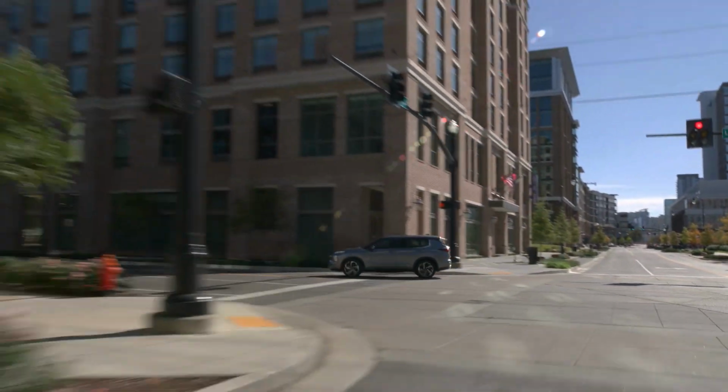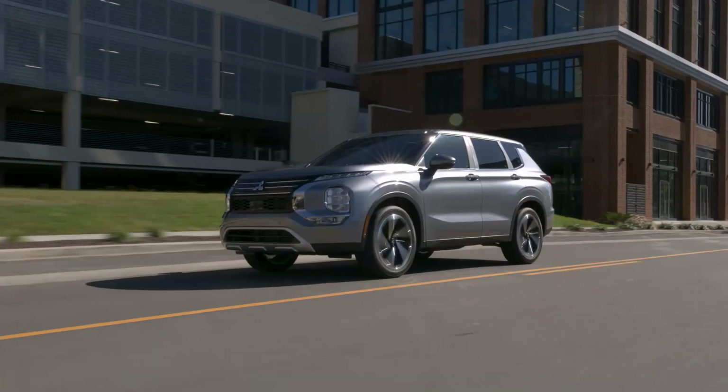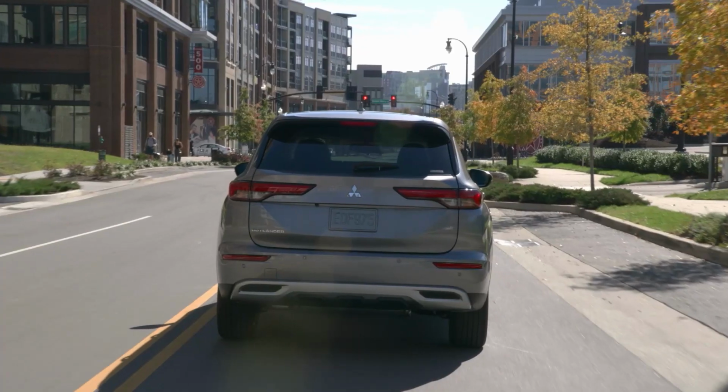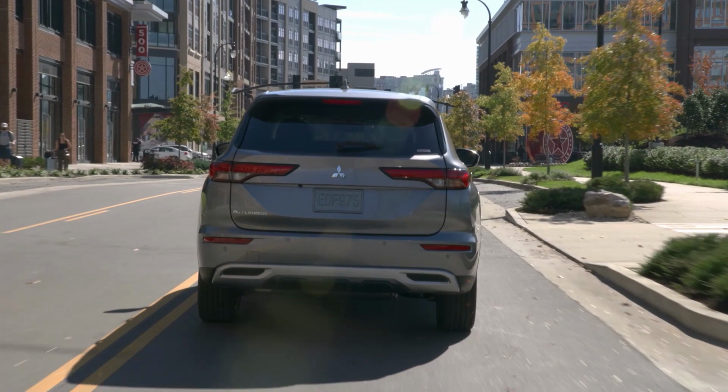We do have the floating rear glass that Nissan has been putting on their designs. Maybe Mitsubishi copied that similar design element to the rear. And then we got two fake exhausts at the back as well as these taillights. And that's pretty much it. Some basic SUV stuff right here. But where